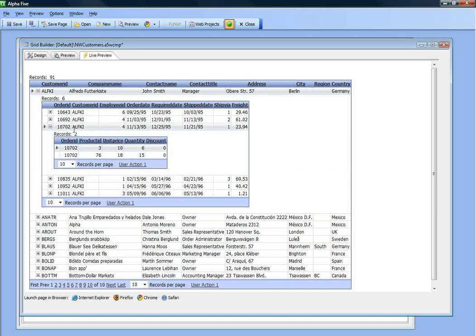So we've got two levels of drill down going on right now, but there's no limit to the number of levels of drill down that you can have. And in addition, you can have multiple grids at the same drill down level. So let's go back to design mode right now, and for this customer Alfkey, we've also got a grid that shows payments that have been made